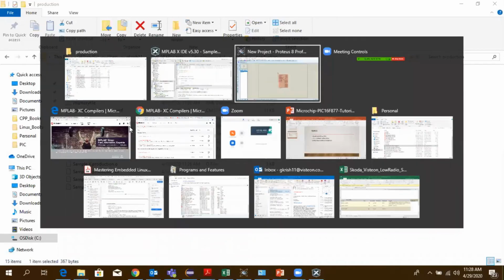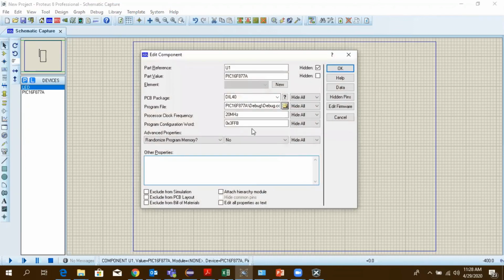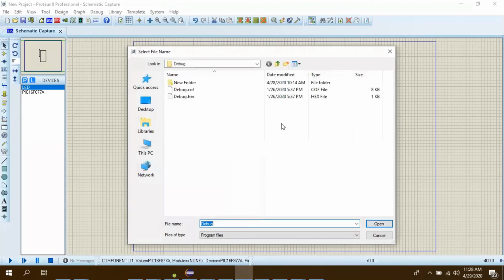Okay, this is a Proteus tool. This is used to simulate the controller. We select the component, which opens up an Edit Component window. The controller is 16F877A. The clock frequency is 20 MHz. Then we select the program file, basically the hex file we are going to load.